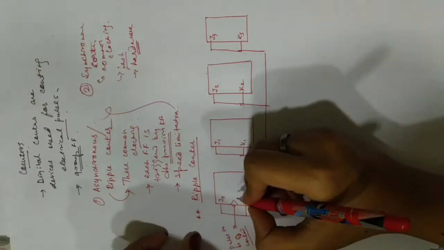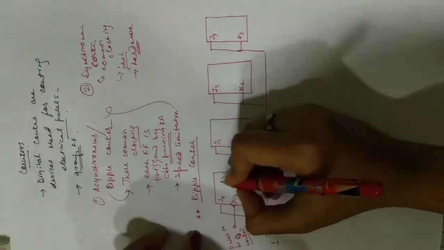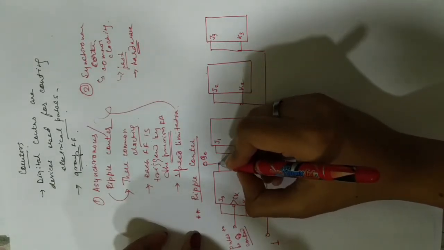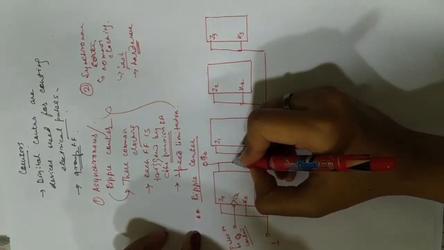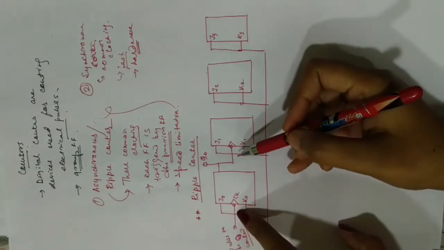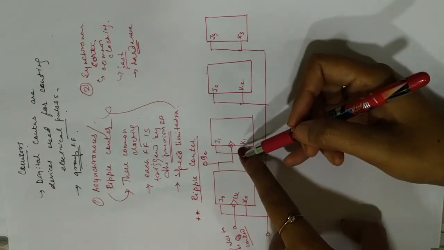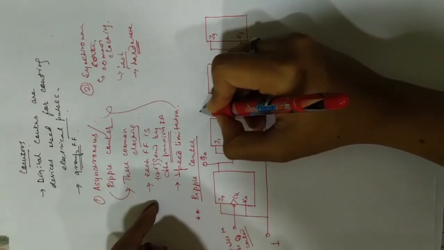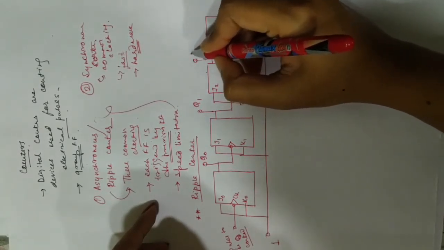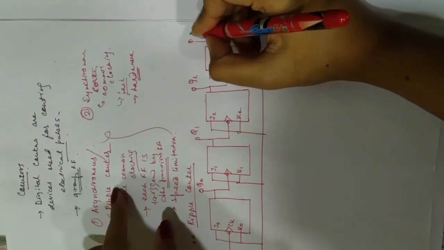This is the pulse to be counted, or the clock. Like I've already mentioned, there is no common clocking, but the previous flip-flop triggers the next flip-flop. You can see the clock over here is not common, but the previous flip-flop triggers the next flip-flop, right? So we have the same over here. You have a Q1 over here and it comes over here. You have a Q2 over here, it comes over here, and finally you have a Q3 out, right?